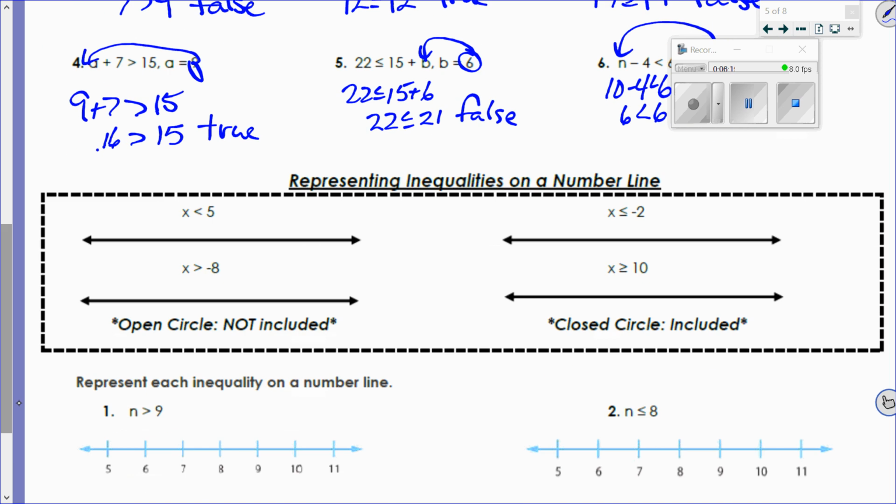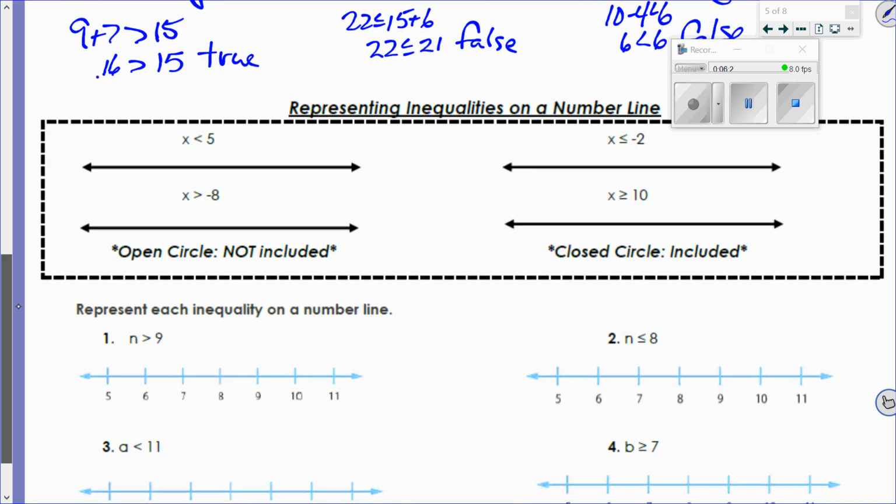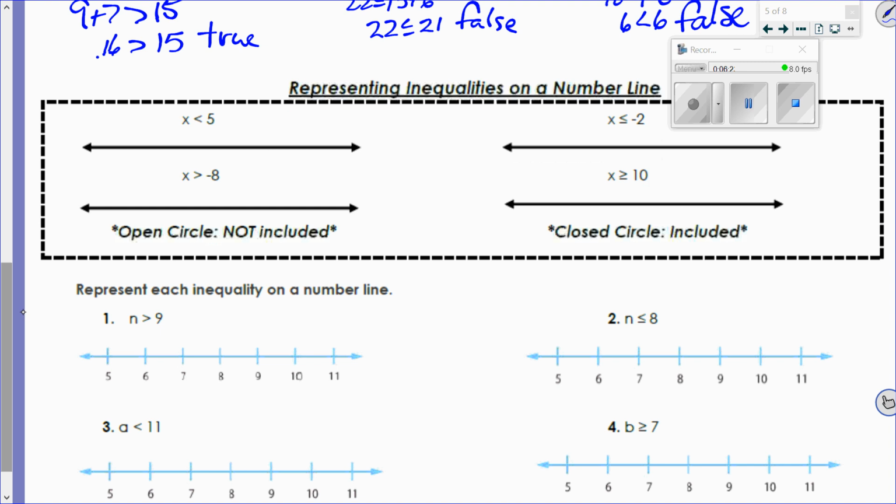Okay, our next step, we're actually going to show you how to graph these. This is actually a really big piece of this. You'll be doing this all the way through algebra. One of the first things we need to point out, and this is actually really important,